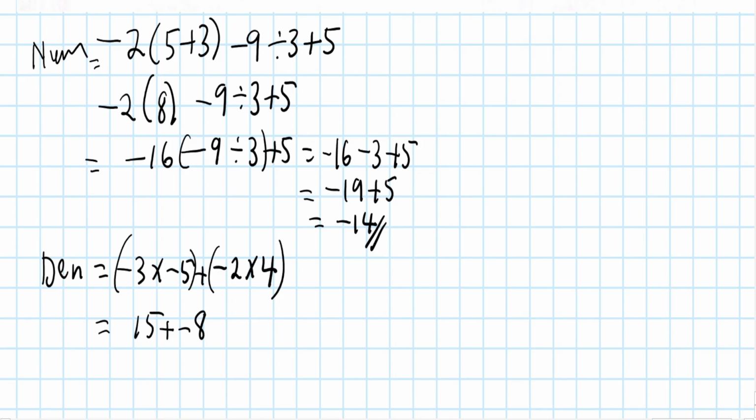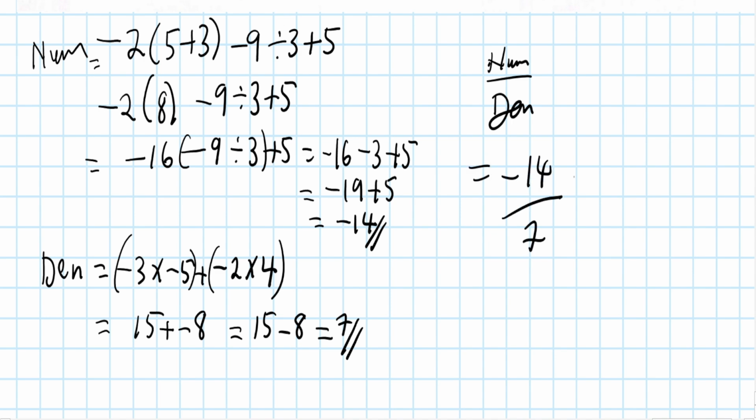So we have plus minus 8, which eventually becomes 15 minus 8, which is 7. So numerator divided by denominator: your numerator is minus 14 divided by the denominator, which is 7. Minus 14 divided by 7 will give you